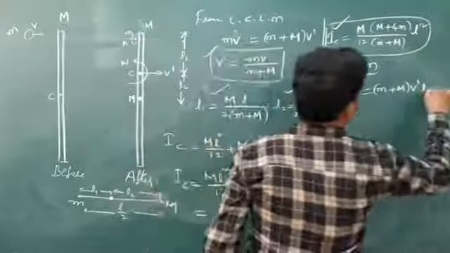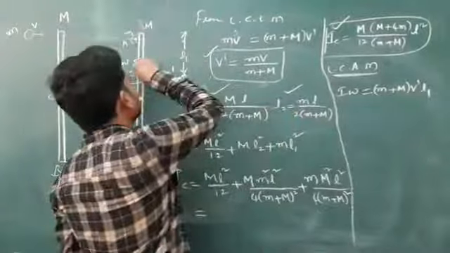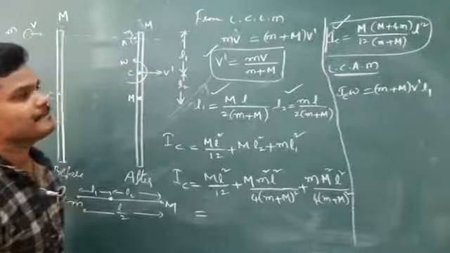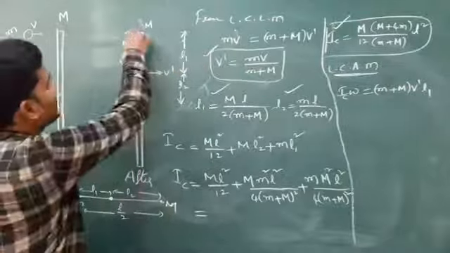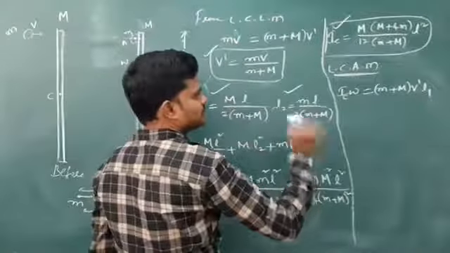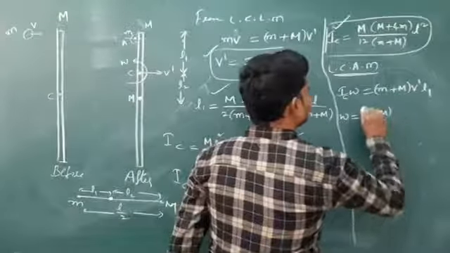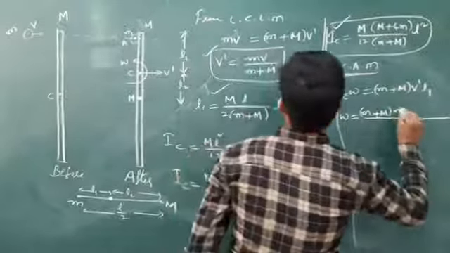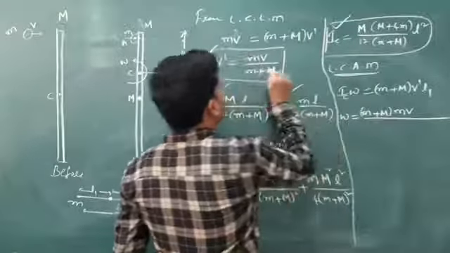From here to here is what? L1. So directly I am using the law of conservation of angular momentum. I omega about the center, this is Ic omega, which is equivalent to (m plus M) m v r, v nothing but v dash, r nothing but, from about this point, L1. So substitute again, you substitute all these things. Omega, which is equivalent to (m plus capital M) v dash. V dash is mv, directly we can write. So m plus M into v dash is mv.